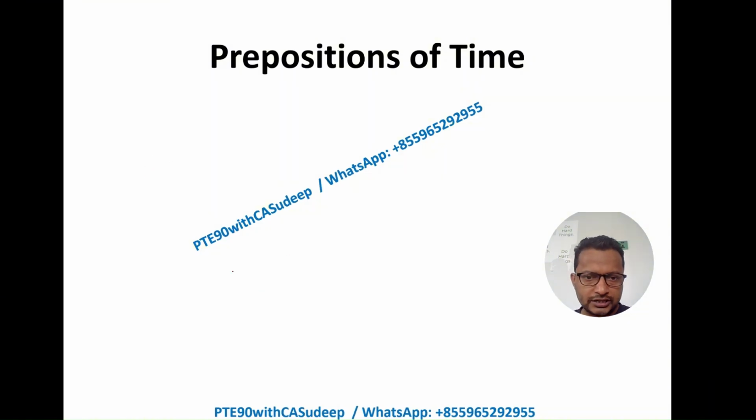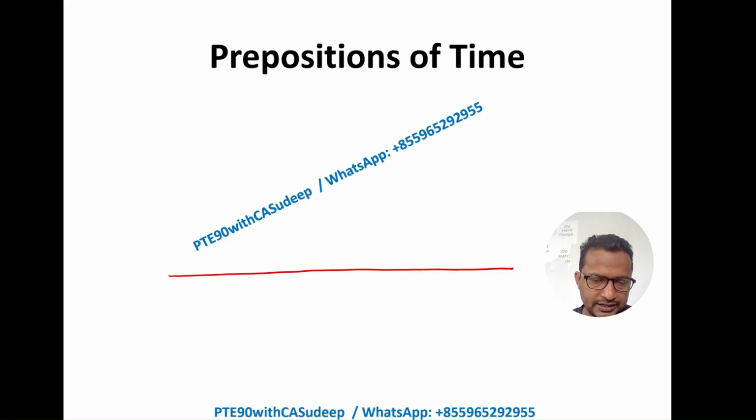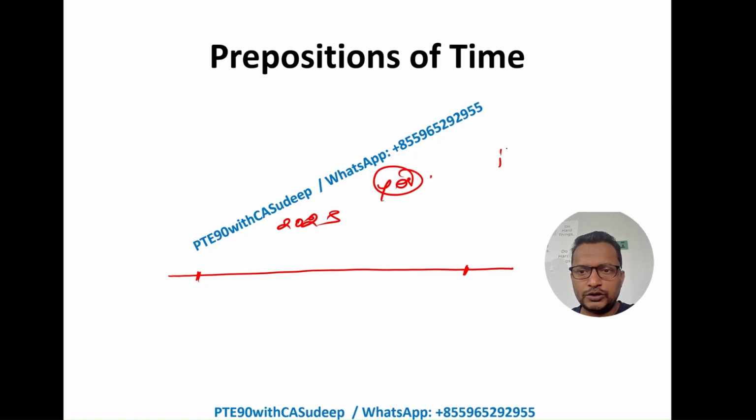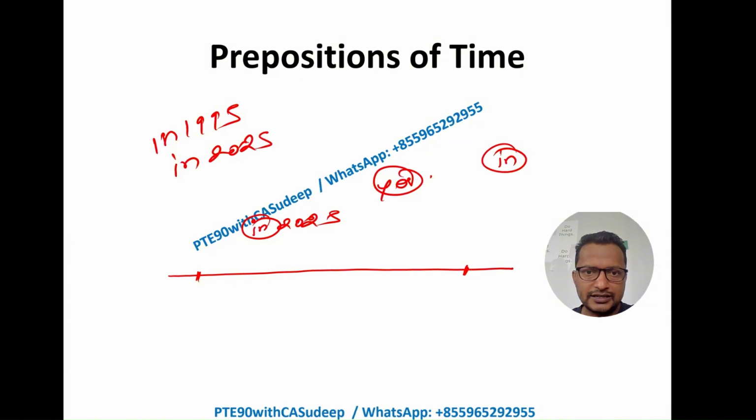So let's draw a line, a timeline here. For example, here to here, okay. So the time starts from here, let's say this is the timeline, and consider this as a year. Okay, 1 year. Like for example, consider this as 2025. So if you are referring to 2025, consider 1 year. 1 year is considered as a long period, then use in. So if you say 2025, the long period, you use in, let's say in 1995, in 2025,